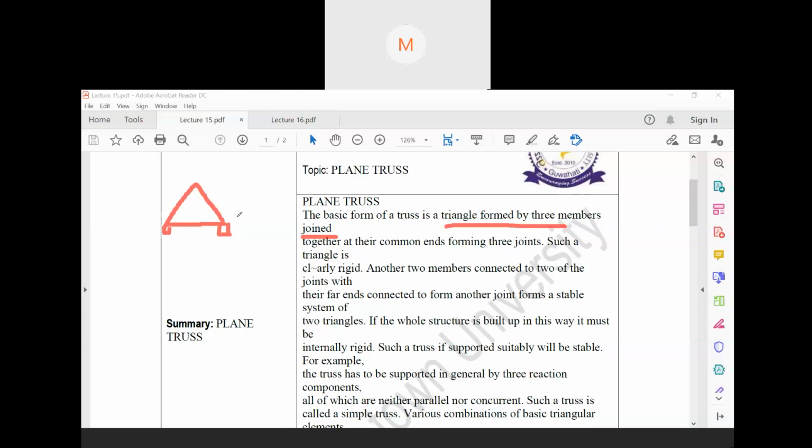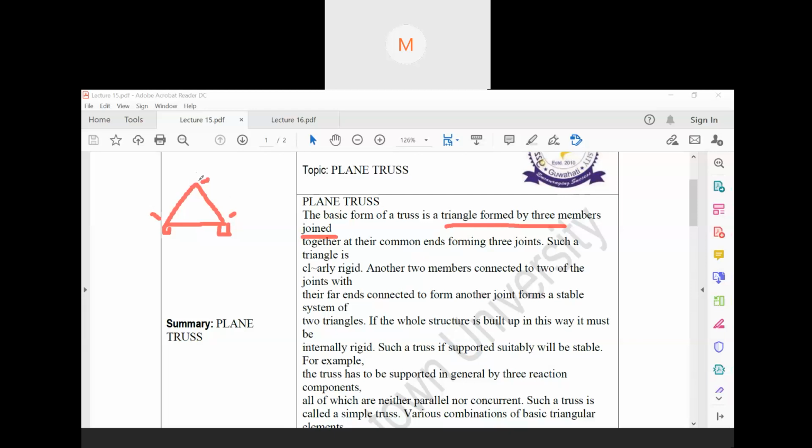Now, if you look at this, this is only one triangle, and it is forming three joints. Here is one joint, here is another joint, and here is the other joint. So this is rigid. But then, if